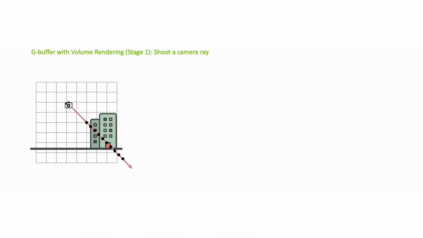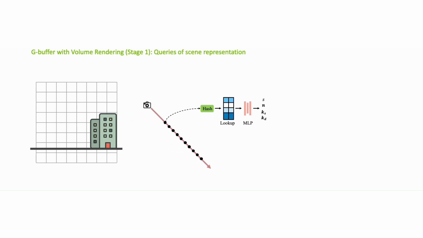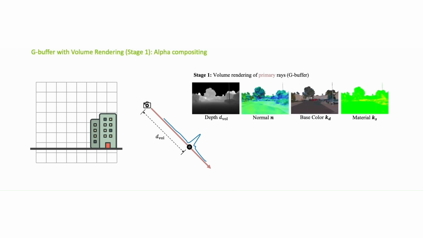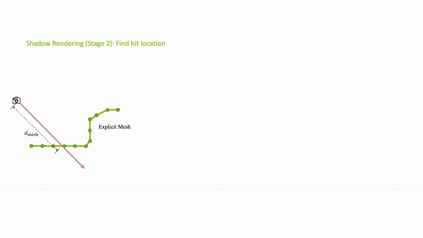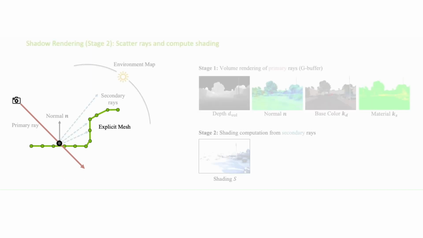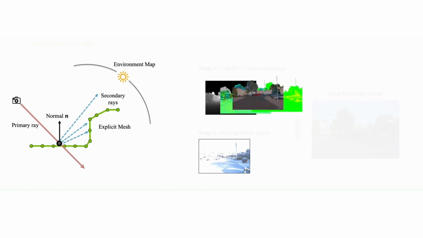More specifically, we represent the intricate properties of the scene using a neural field and estimate the primary rays, what we call the G-buffer, with volumetric rendering. To model the secondary rays that produce the higher order lighting effects, we convert the neural field into an explicit representation and perform physically-based rendering. The underlying neural field enables us to represent the high-resolution details, while ray tracing secondary rays using the explicit mesh